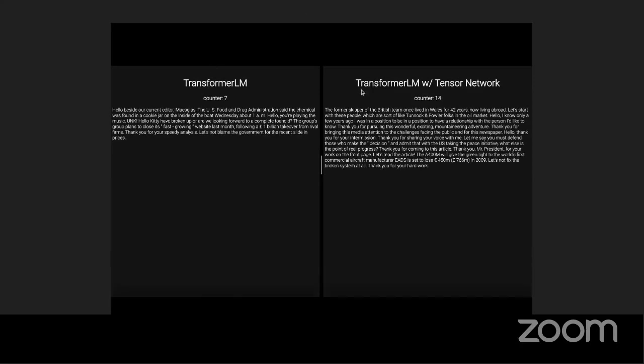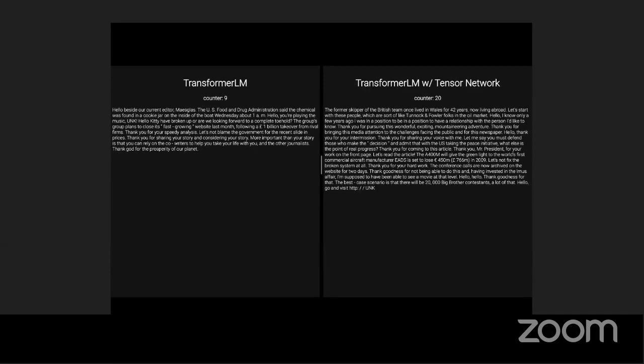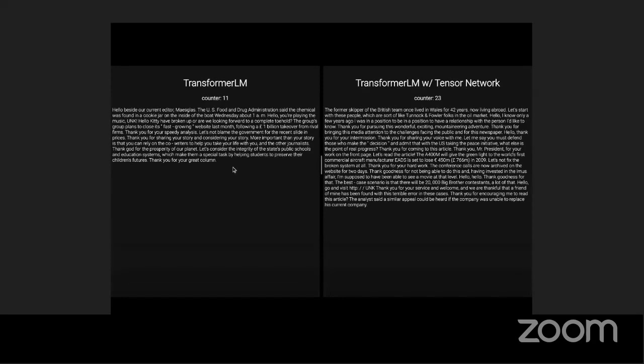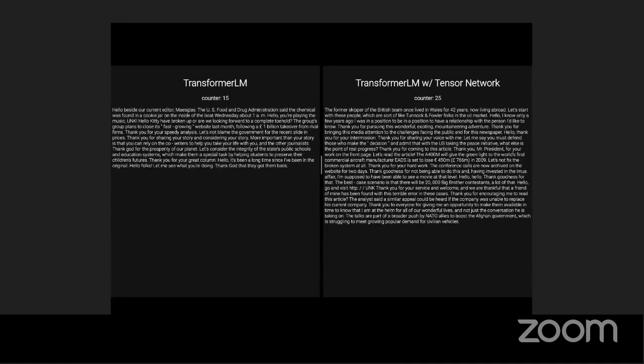On the right, we have the exact same transformer model, but what we did is we took the dense, fully connected layers of the transformer model and replaced them with these tensor networks. Specifically, the type of tensor network that we use to replace it is something called a matrix product operator, or an MPO. And as you can see, the inference time on the tensorized or the tensor network version of the transformer is about twice as fast as the